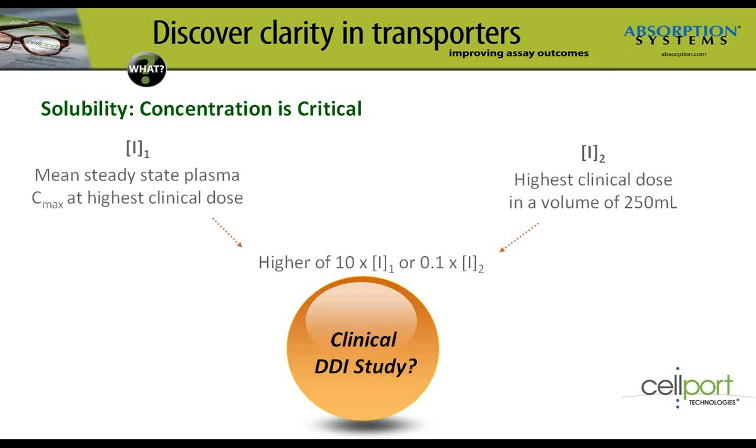Now we'll discuss another common problem, solubility. It's critical when you run these in vitro transporter studies to use therapeutically relevant dose concentrations in order to obtain meaningful results that can translate into your clinical strategy. For transporter inhibitor assessment, concentrations are based on I1 and I2. I1 is based on the mean steady-state plasma Cmax at the highest clinical dose. I2 is the theoretical maximum GI concentration after oral administration, and it's based on the highest dose strength dissolved in 250 mLs. You take the higher of 10 times I1 or 1/10 of I2, and that is your target concentration